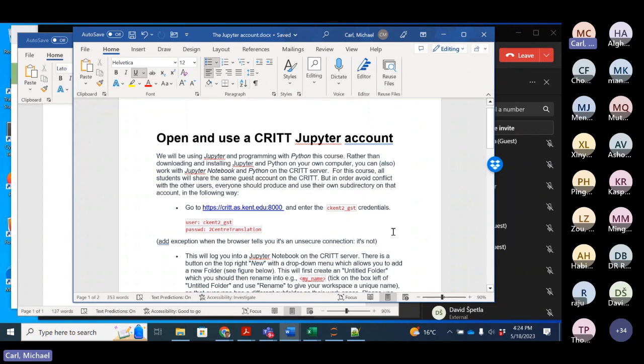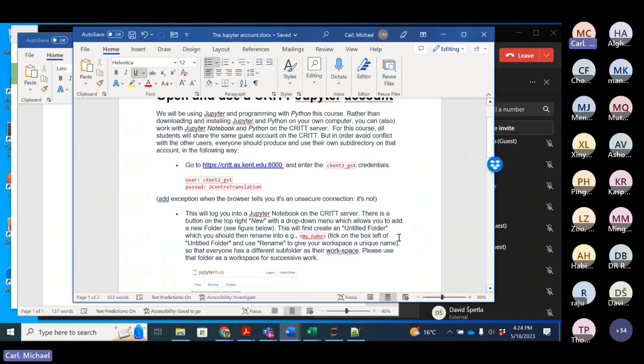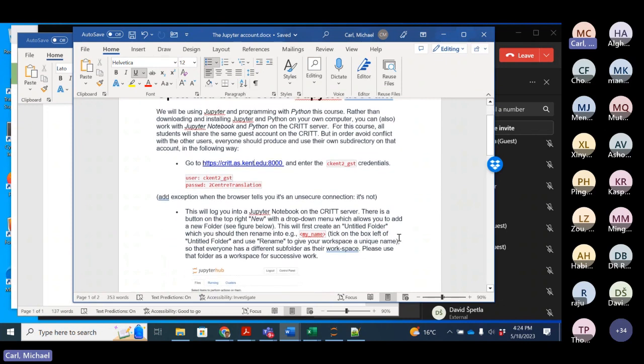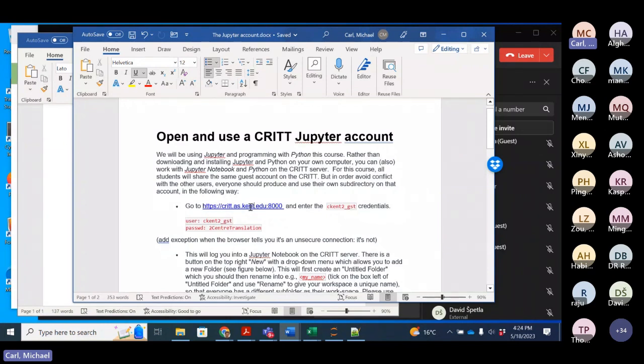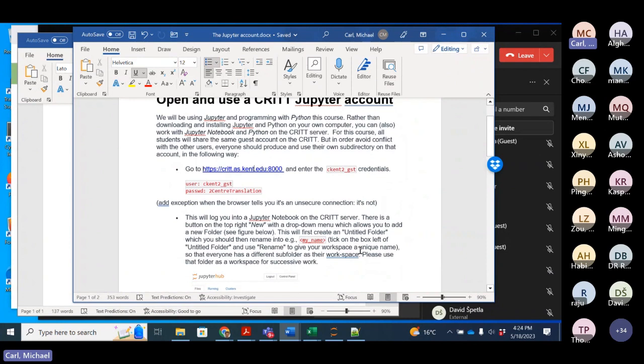I will come back to this after I go first through the course and what I was thinking to cover. Basically the idea is that we can open a Jupyter notebook and everybody uses the same user, because I cannot create different accounts for this many people.